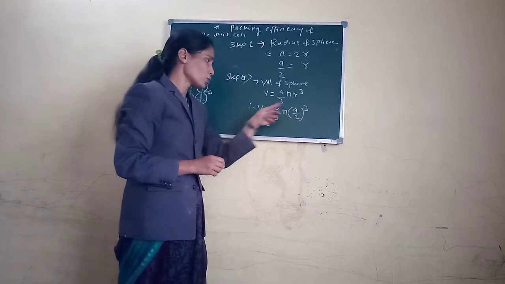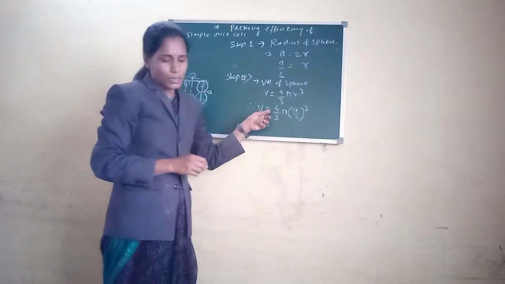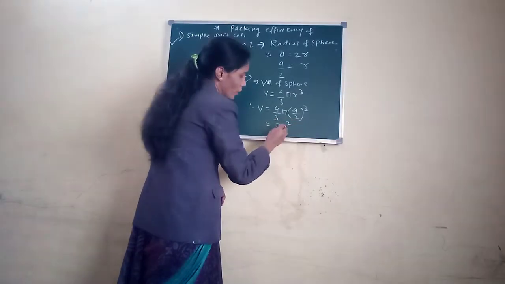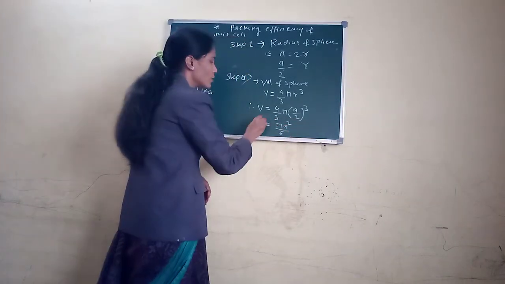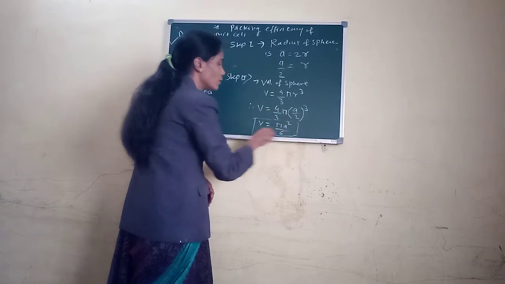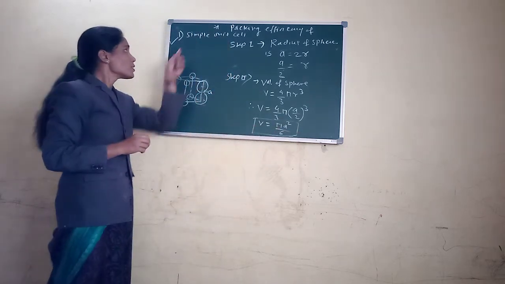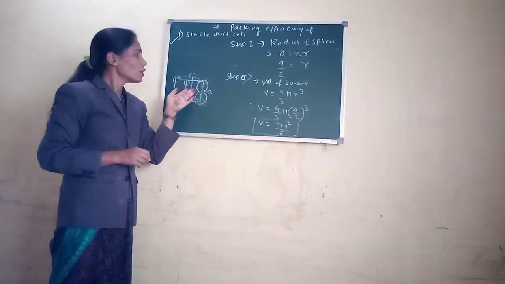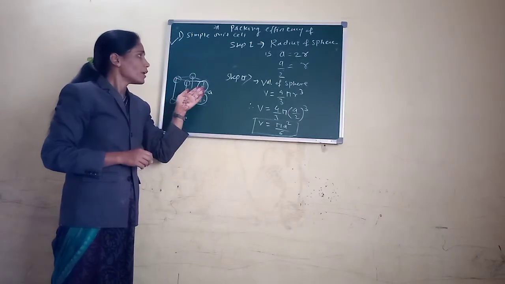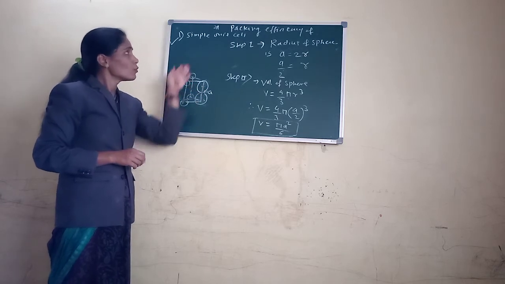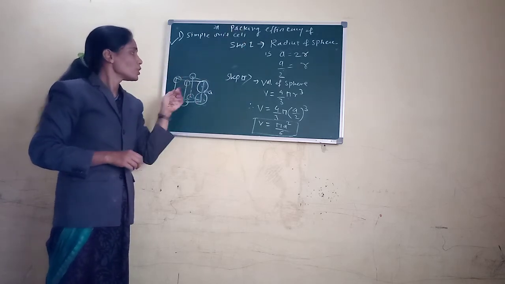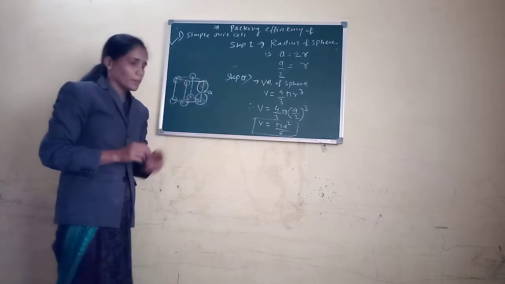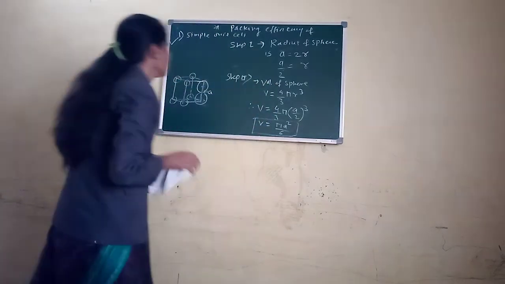Therefore, the simplification of this calculation is pi a cube upon 6. This is the volume of only one sphere of this simple unit cell. Here we find out the volume of sphere, and then next we calculate the packing efficiency of this simple unit cell. For this, the third step is